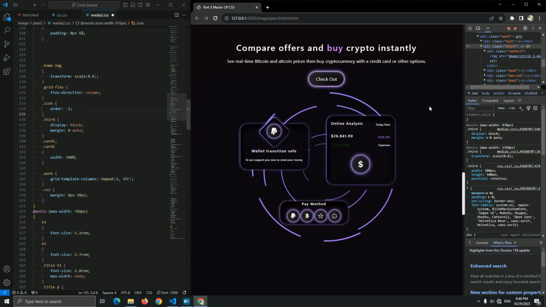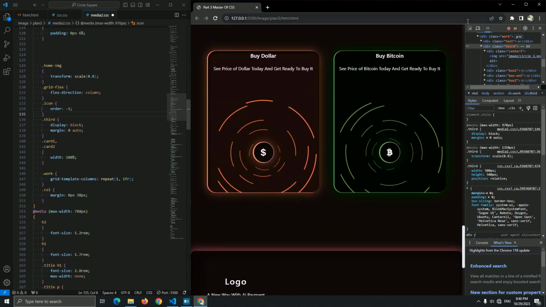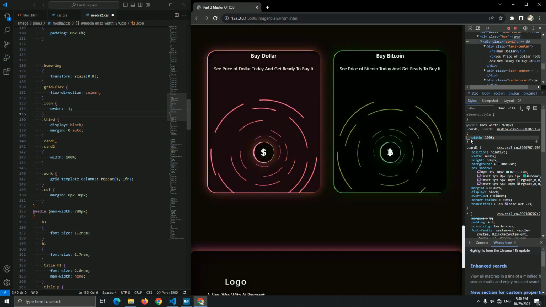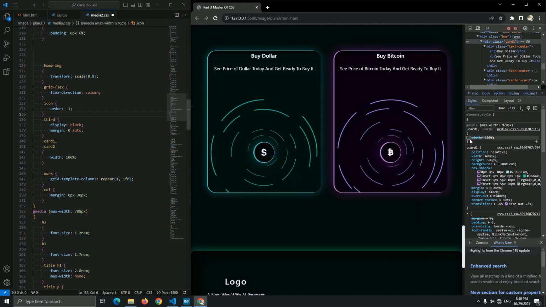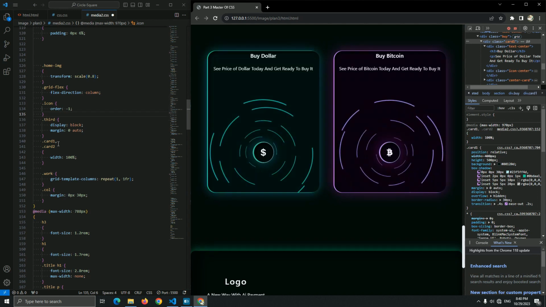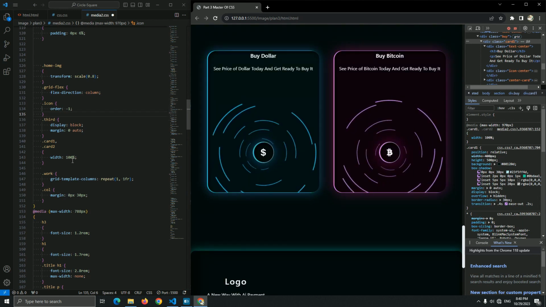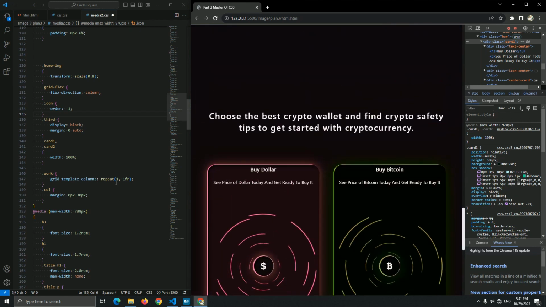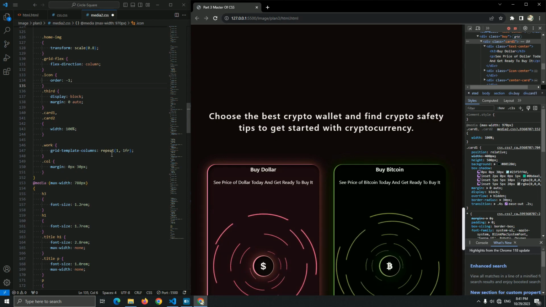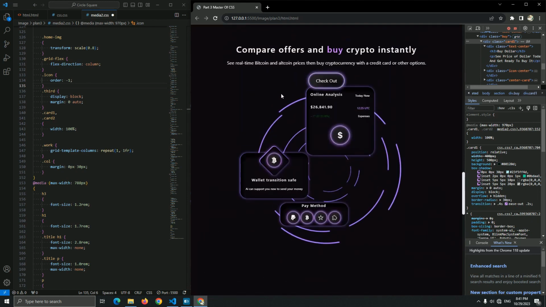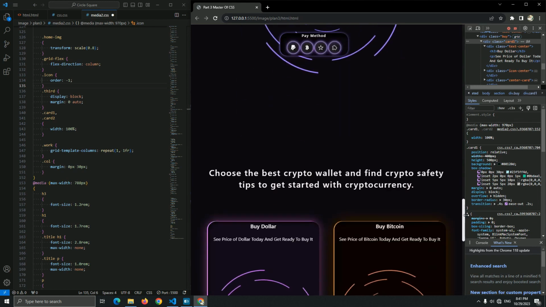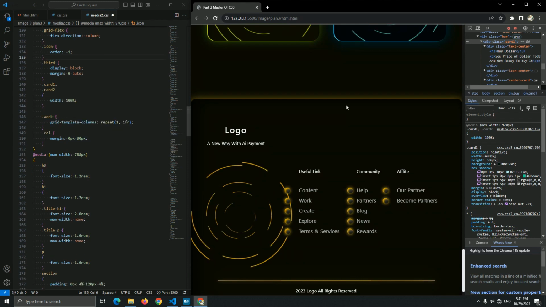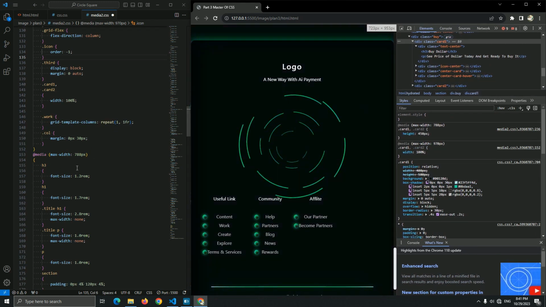And for card 1 and card 2, we add the width 100% and the height 100%. Okay, yeah, I think it's better. Now we add card 1 and card 2 with width 100% for this. Here we go. And for this work of this, we add a grid template column, repeat one, as you can see. And for this distance or space between this, we add 30 pixel, as you can see right now. Let's go for the media of the font, as you can see.